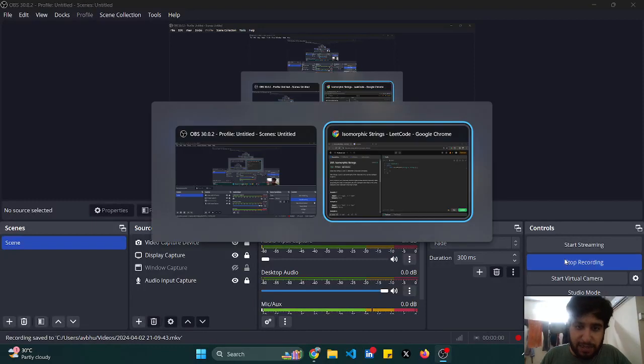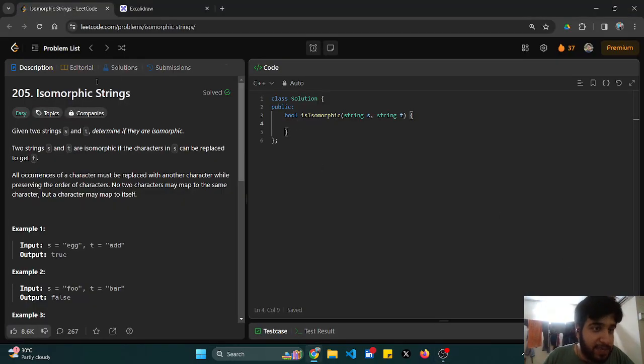So hello guys, today we are going to do a Leetcode question that goes by the name Isomorphic Strings. Question number is 205 and it's an easy question. It is today's Leetcode daily question. First we are going to read the problem statement and then we are going to go to the